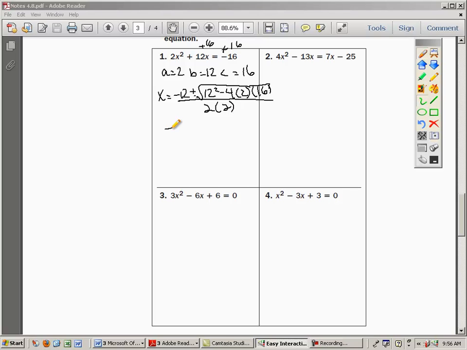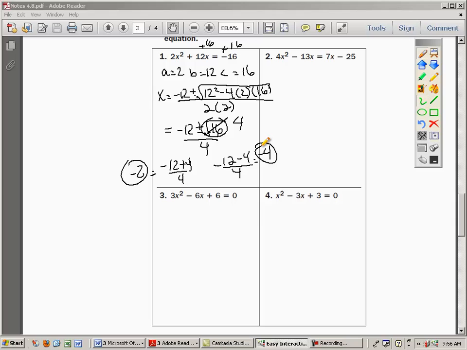You end up getting x equals the opposite of 12, plus or minus the square root of 16, all over 4. The square root of 16 is equal to 4. And so this becomes negative 12 plus 4 over 4, and negative 12 minus 4 over 4. Well, negative 12 plus 4 is negative 8, and negative 8 divided by 4 is negative 2. The other one is negative 12 minus 4, which is negative 16, and negative 16 divided by 4